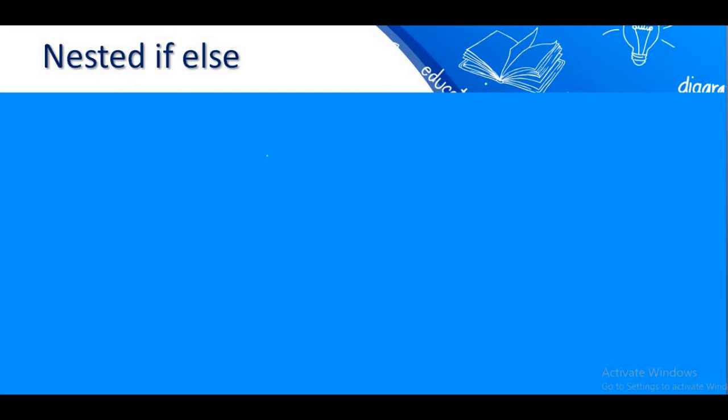Okay, so without wasting time, let's start with nested if else statement. So basically, what is a nested if else statement? Suppose you have one if statement like this. Okay, and these are the curly braces, and then there is an else statement for this particular if. Okay, so you know that you can write any statements inside this if, and also you can write any statements inside this else statement. So why not if else? If else is also a kind of statement, so we can also write another if inside this.